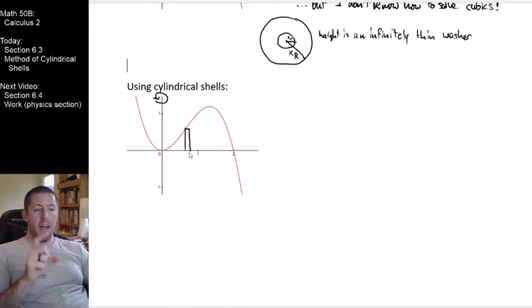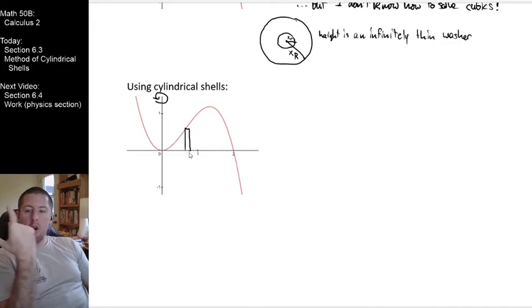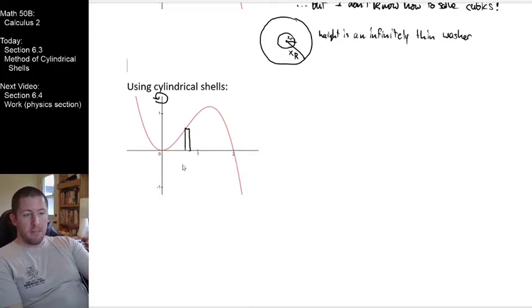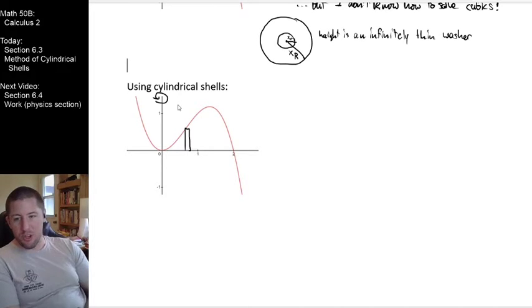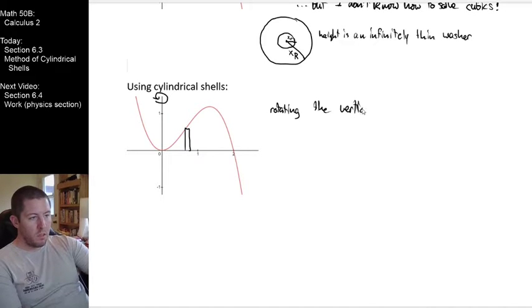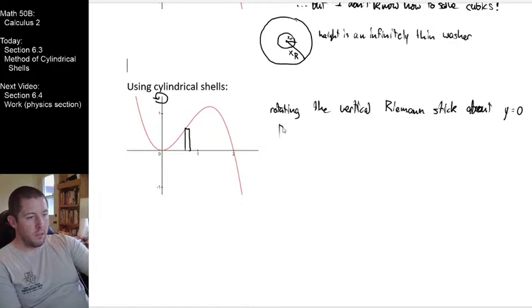one vertical component of a shell, right? So now I'm picturing, let's rotate this vertical Riemann stick around that y-axis right there, and what it's going to produce is one cylindrical shell. So this is my vertical Riemann stick, which when rotated produces for me my Riemann cylindrical shell. So rotating the vertical Riemann stick about y equals 0 produces